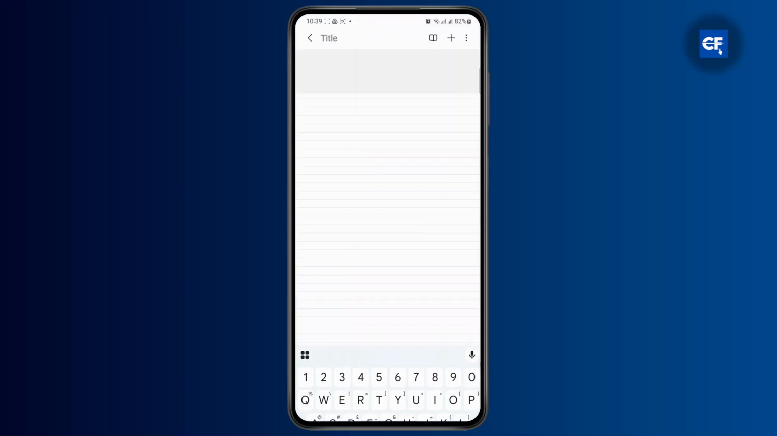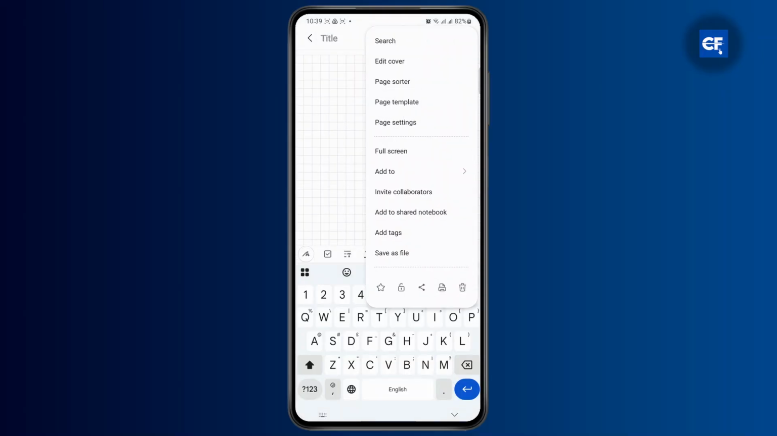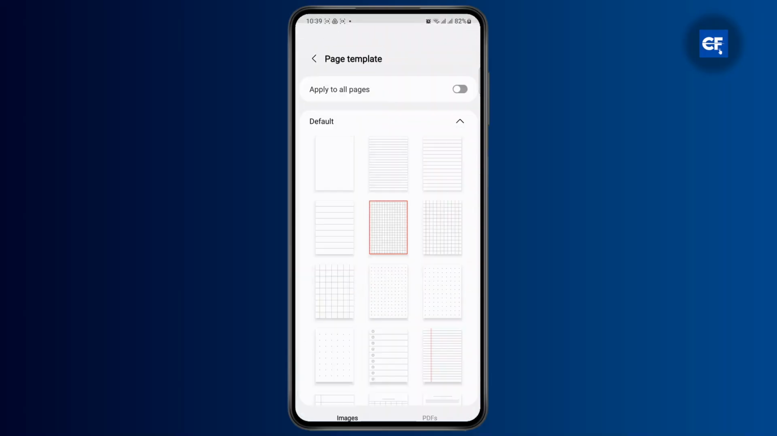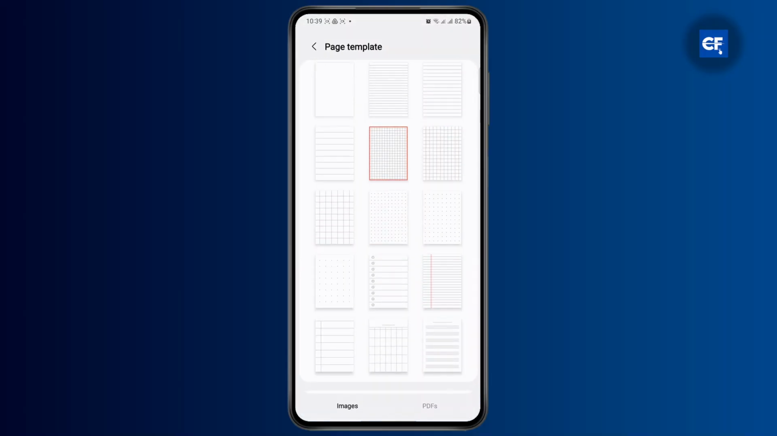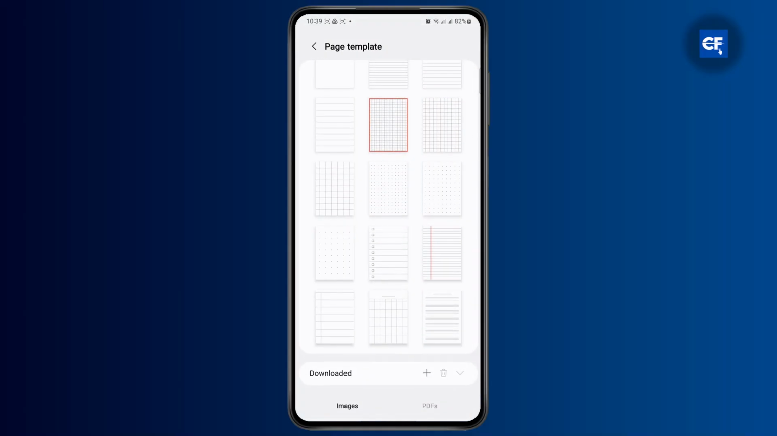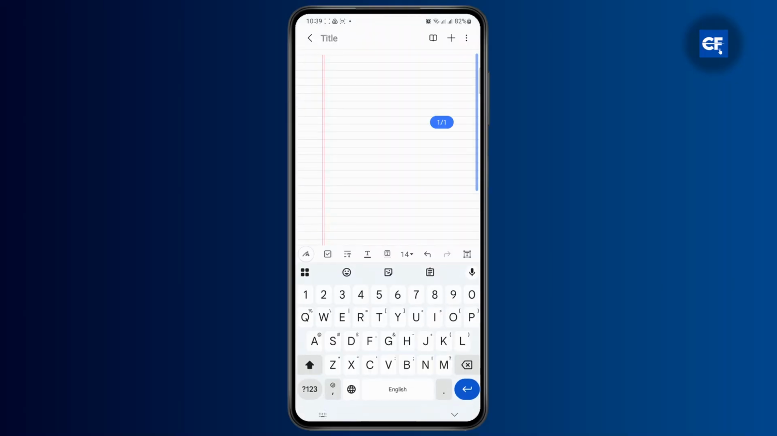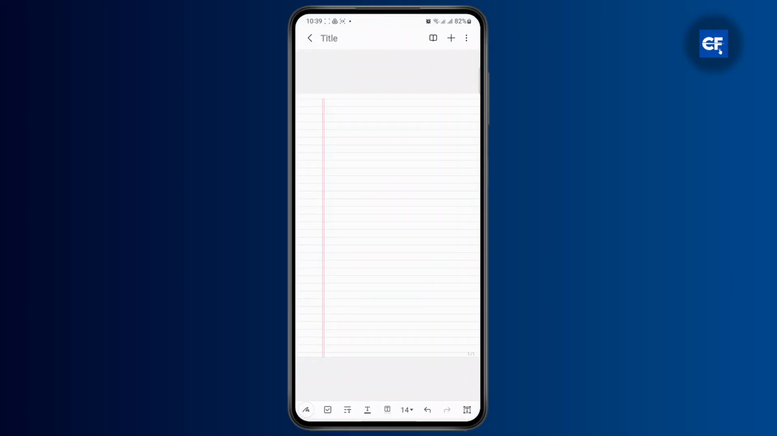If you want to do other templates, you could do that as well, like these grid lines. Or if you're trying to draw something, these grid lines could be helpful for your reference. And then here are other options like dotted lines, lists, and a margin as well. So that's how you set up lines and grids on your notes on your Android